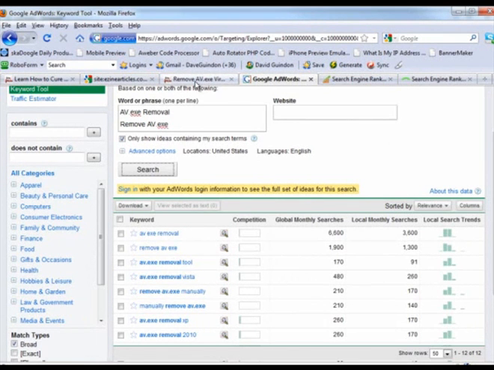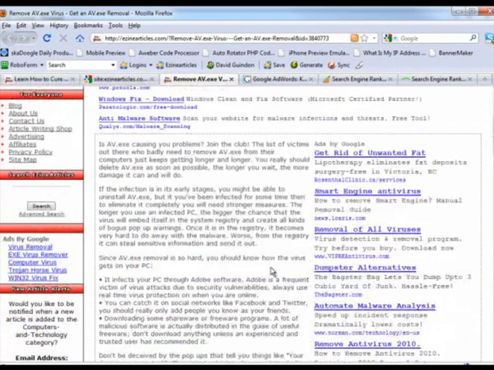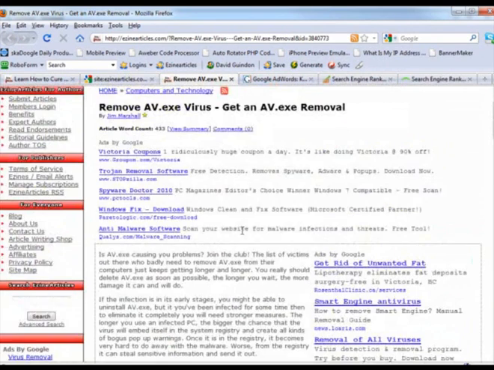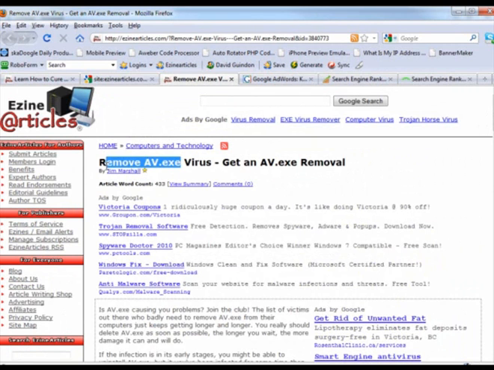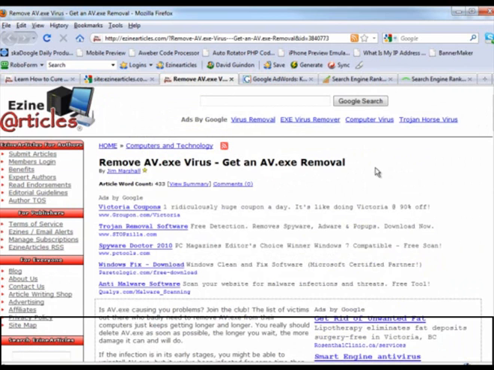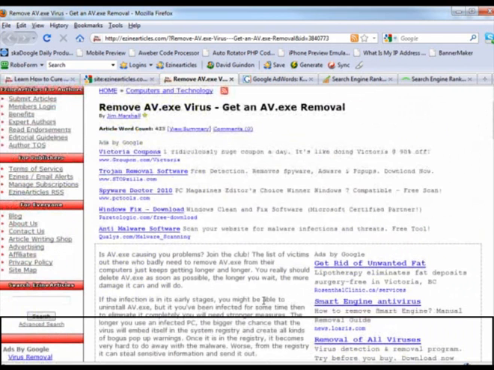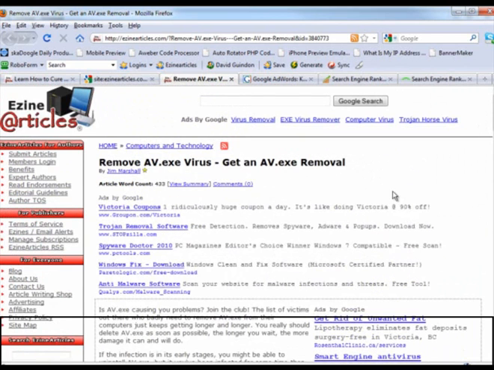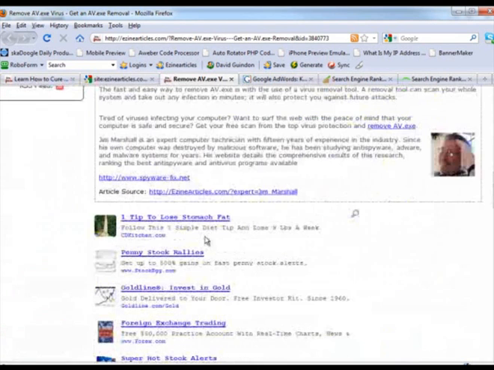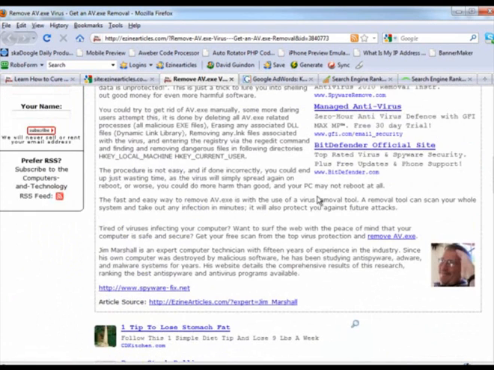Now here's the idea. Now what you want to do is go back to this article, create or rewrite this entire article, right? And try to focus on those keywords. But of course you can continue analyzing this by using the Google tools, whatnot, to try and find other keywords that possibly rank this high in the search engines. So now we have all the tools that we need in order to basically duplicate the results that this person has had. Now if we take a look at this particular person